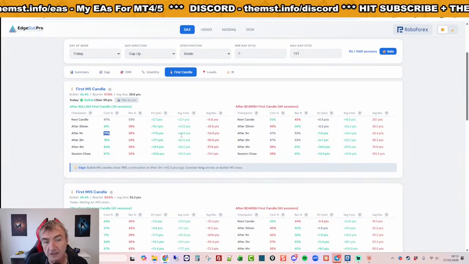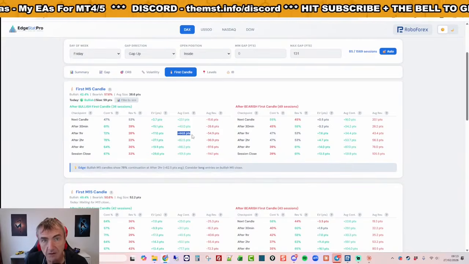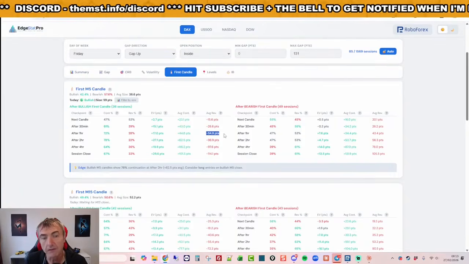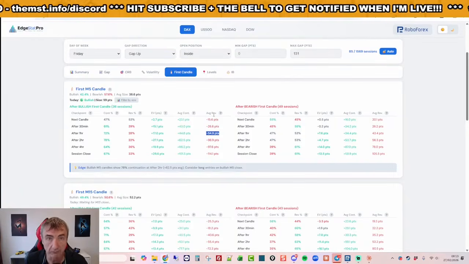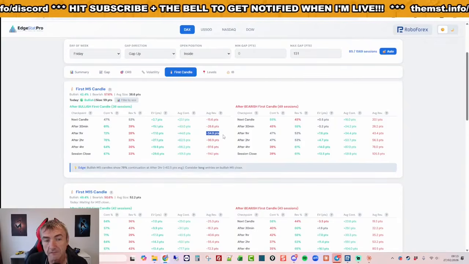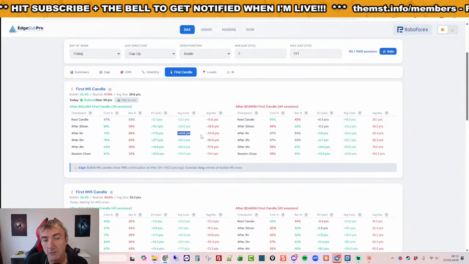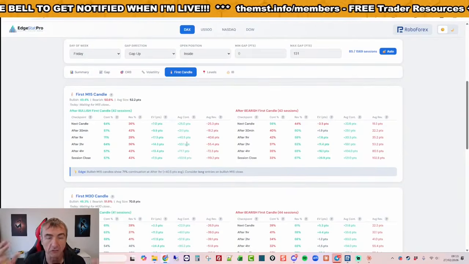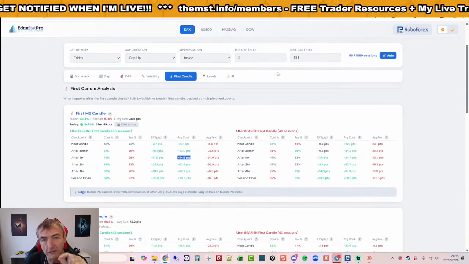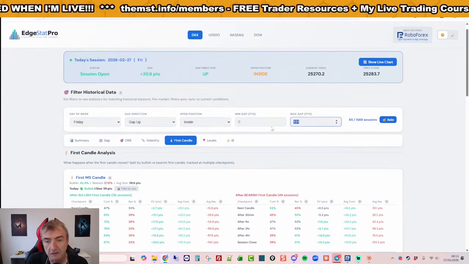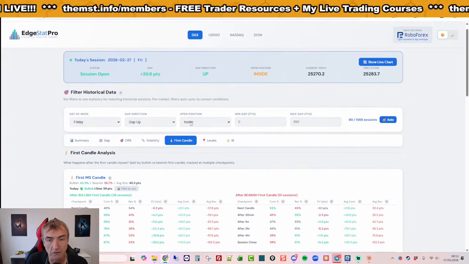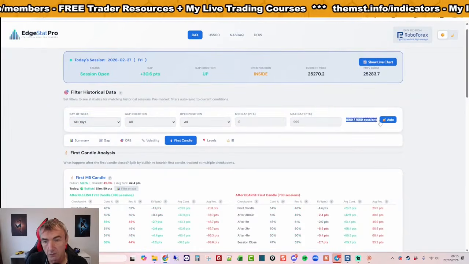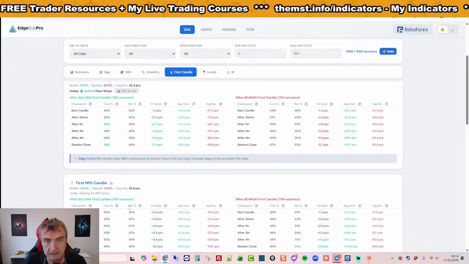So it gives you an edge, and then it tells you roughly how much movement on average we would expect in an hour to achieve and what the reversion will be, or the reversal will be. So it gives you a rough idea of where you can put a stop loss and where you can put a take profit. Yeah. So it gives you all this. Basically, this is all worked out on statistical data based on exactly what has happened today. You can also filter it and say, I don't want to look at exactly what's happened today. Give me all the data from every day, all of this, and give me all statistics.